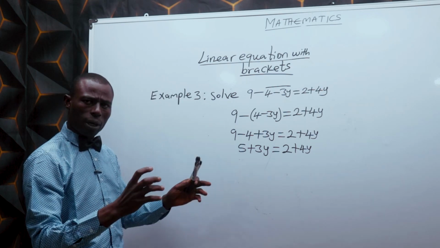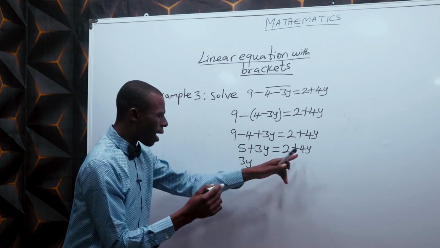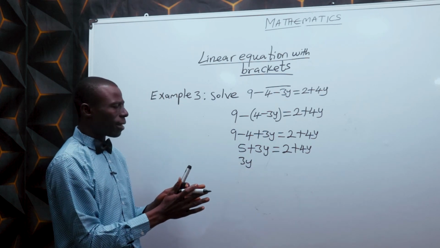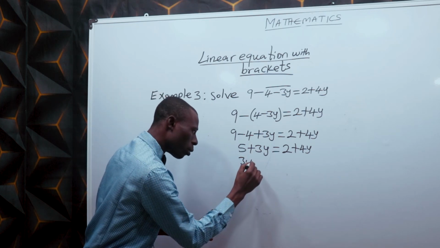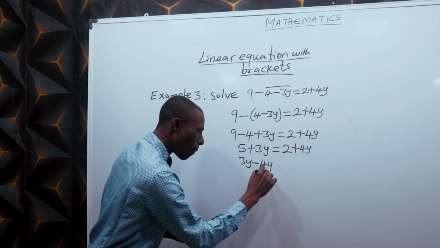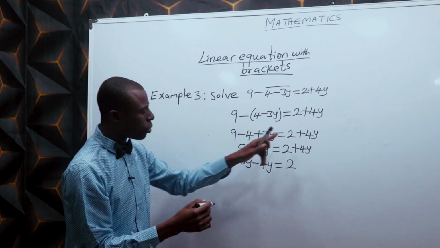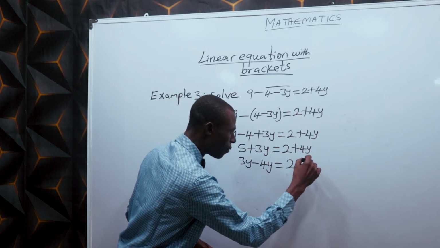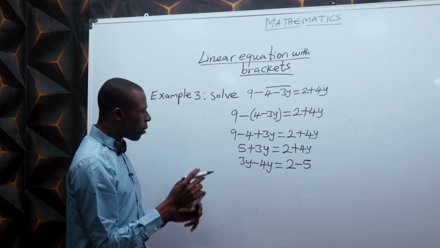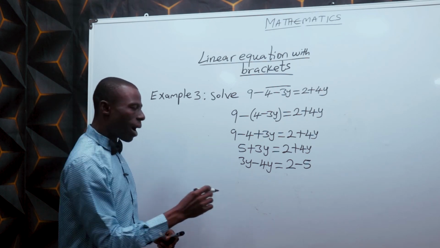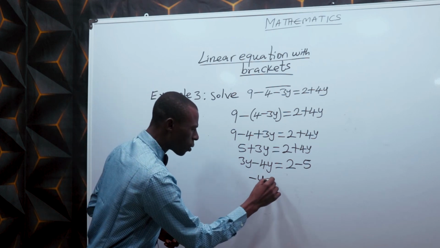The next thing is to collect the like terms. 3y and 4y are alike. So bring +4y from that other side to this side, it becomes -4y, which is equal to 2. Taking the +5 here to the other side makes it -5. Don't forget. So 3y minus 4y gives -y, which is equal to